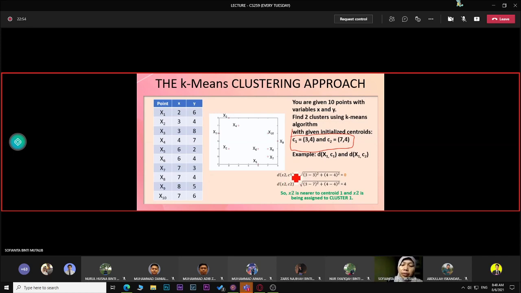For example, we want to get the distance, so we use what? We use Euclidean distance. Why do we use Euclidean distance? Because it's numerical. So as you see, this is 2, this is 6. Then you have to calculate the distance of